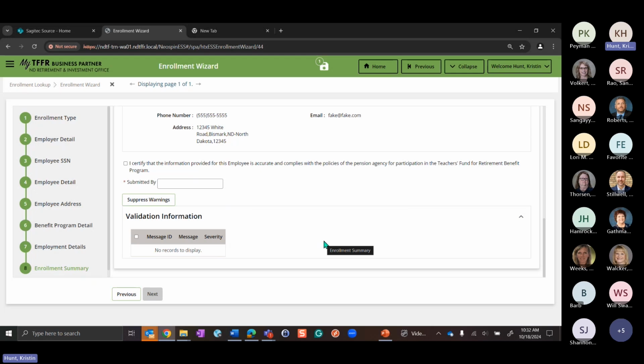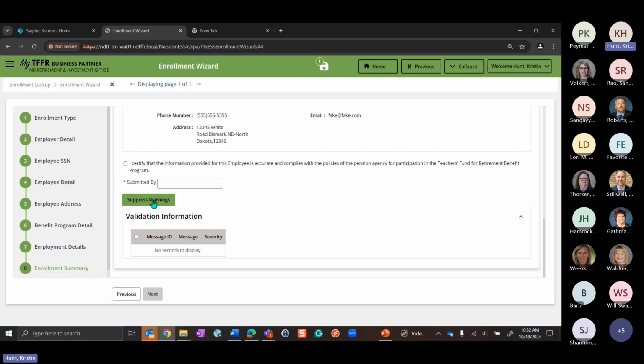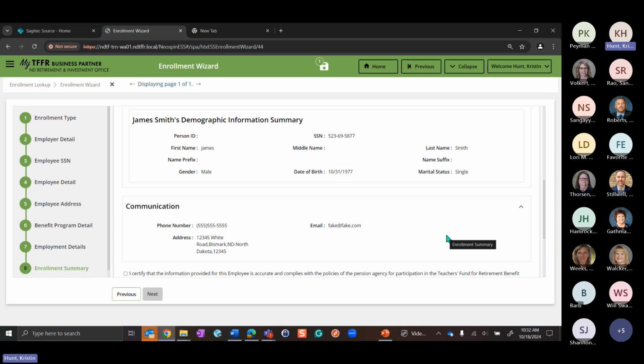But a warning, depending on what the warning is, is kind of conditional. Depending on what that warning is, you might say, okay, thank you for that warning, I'm going to go make those updates. If it's something that you're like, oh yeah, I know, and it's okay, you can suppress it. So that's why we have this button here. It allows you to suppress it. And then an information I think of as a heads up. It's just giving you information about that.